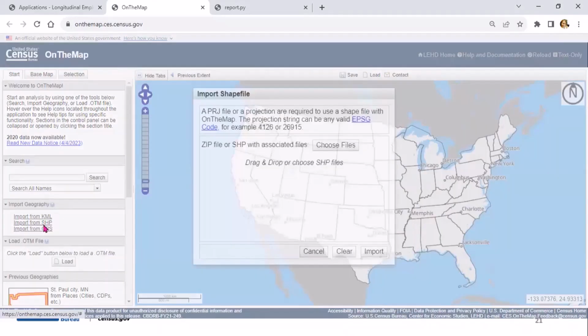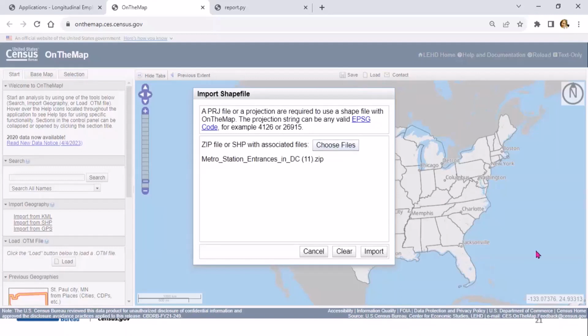So they've actually updated this recently. Before, if you're familiar with shapefiles, you used to have to add the SHX and the SHP, and I think it was a PRJ. But now you just click on choose files, and I'm going to click on that where it was downloaded in my downloading files, and then I'm going to import.